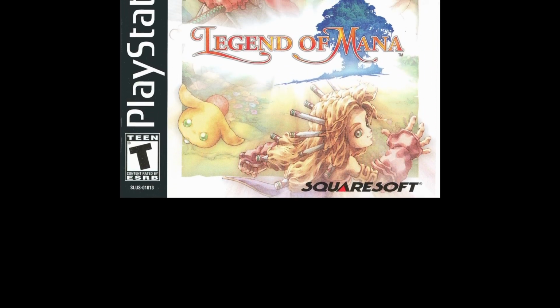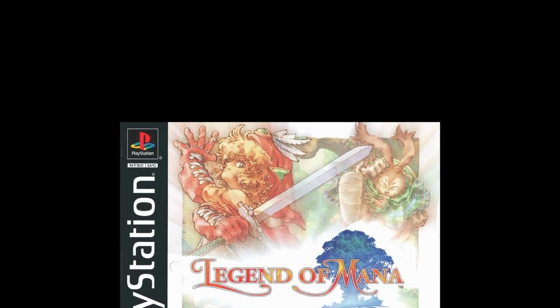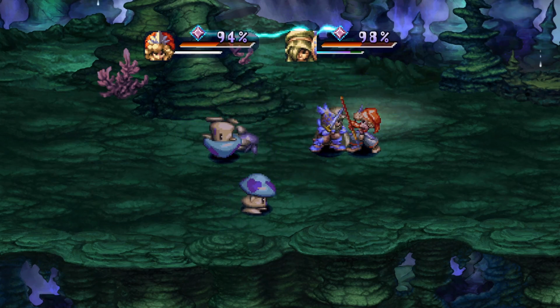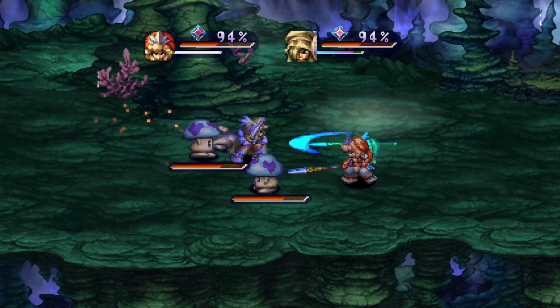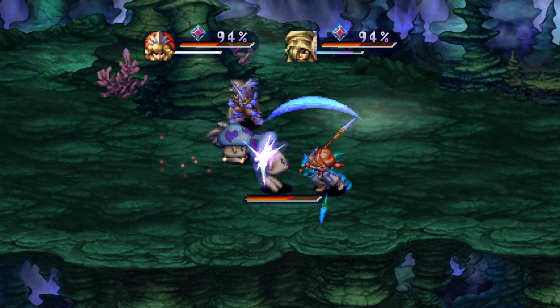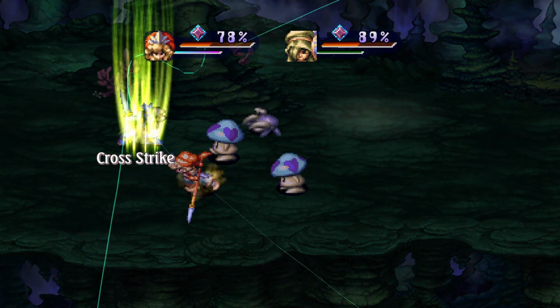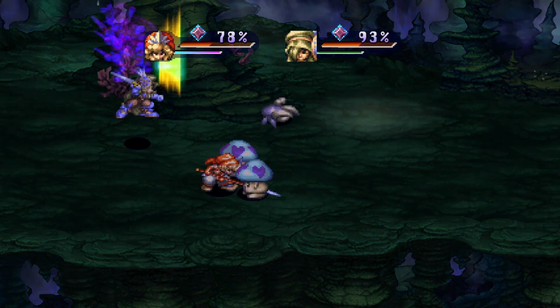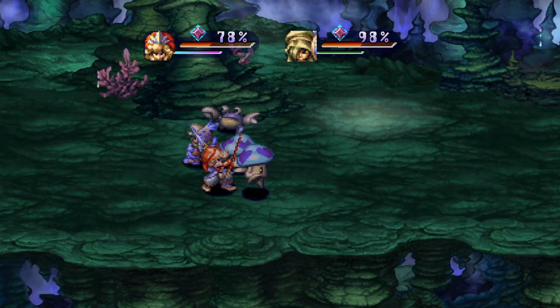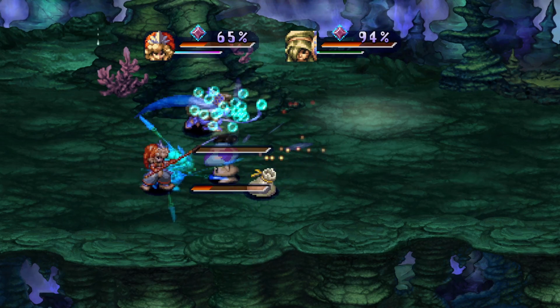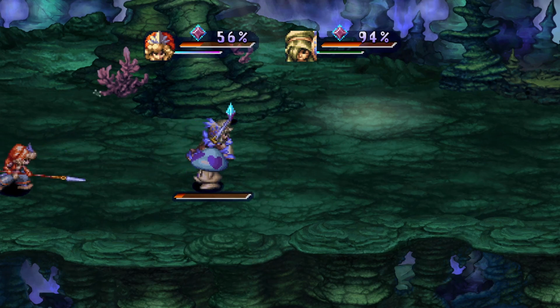Now let's take a look at another game. This one's called Legend of Mana, originally released for the PlayStation 1. Let's see a few seconds of combat in this game that has a slightly different approach to player feedback. It has a lot of effects, a bit too much I would say. Sometimes if you clutter the screen with too many visual effects and sounds, the important feedback ends up getting hidden. It's important to know how to prioritize the feedback sent, so the most important ones, like the player receiving damage,